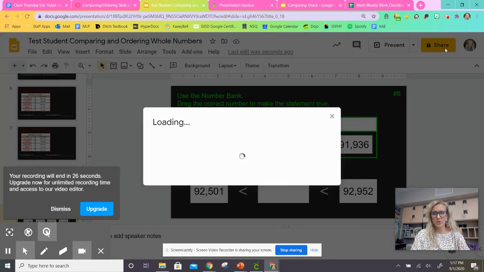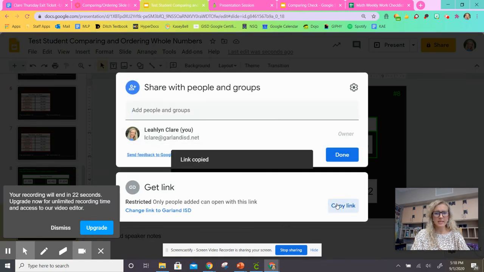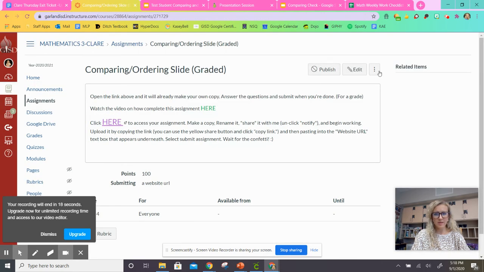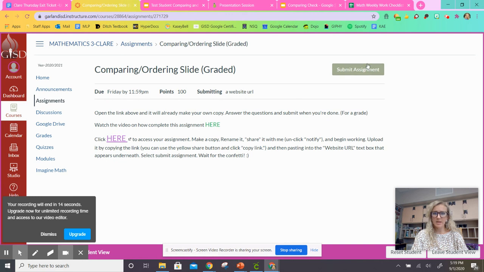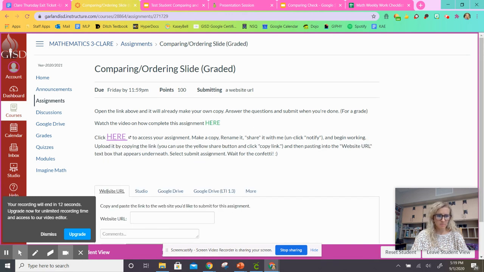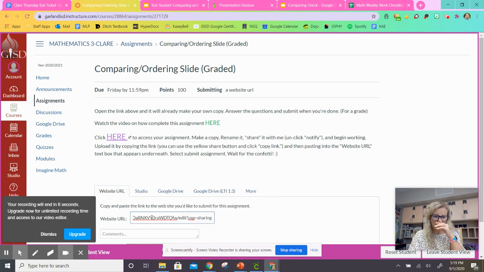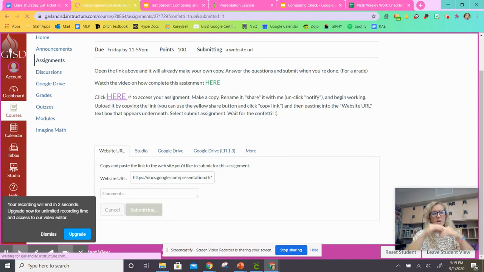So I'm going to click share. Make sure it's shared with me, and I'm going to copy that link and go back to my slide. And so once I'm back on my assignment here, I'm going to go to submit, make sure I'm on website URL. I've got the link already copied, and I'm going to Control V or right click paste, and then voila, submit. Bada bing, bada